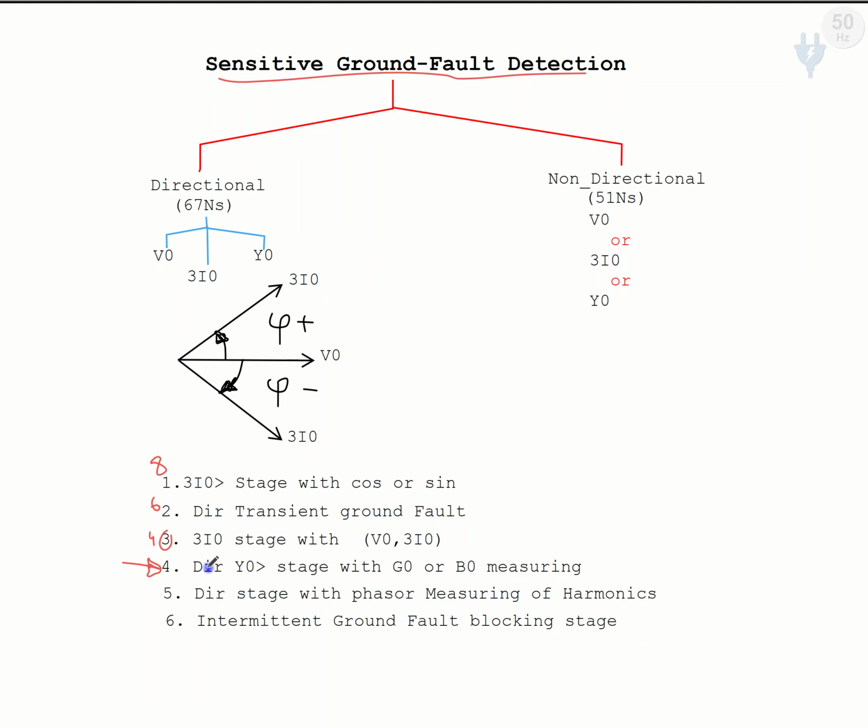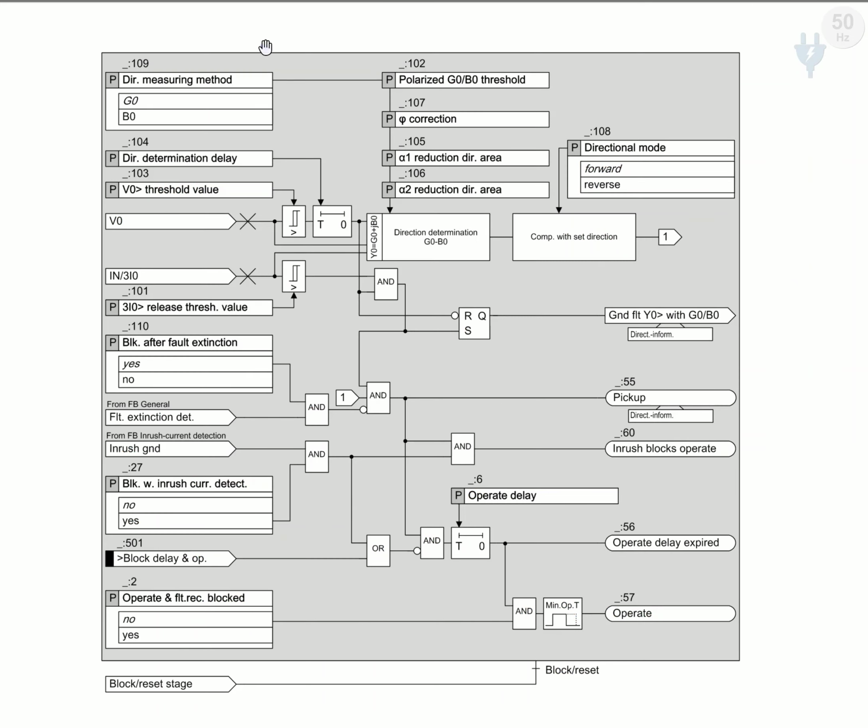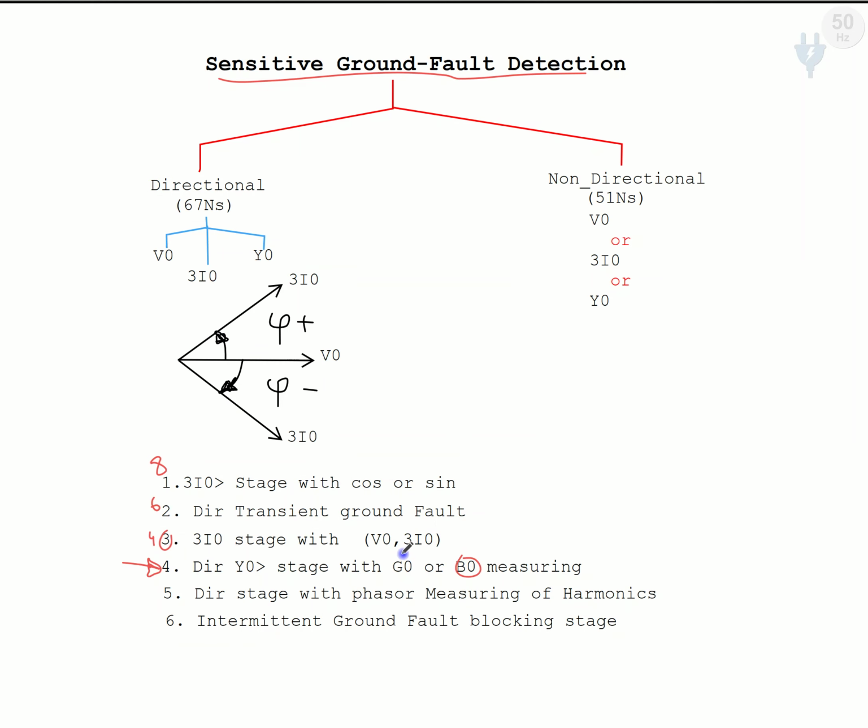In the directional, with the admittance stage with B0 and with G0, it means the susceptance or the conductance and the susceptance method by measuring these two values. Before starting the discussion on the functional block diagram, let's understand the basics of